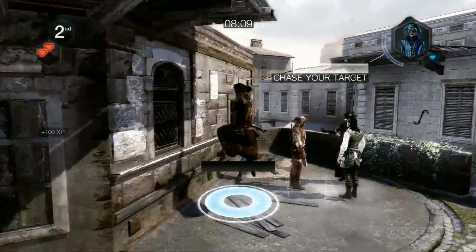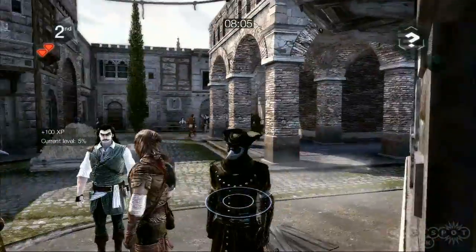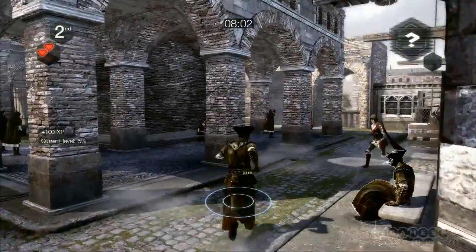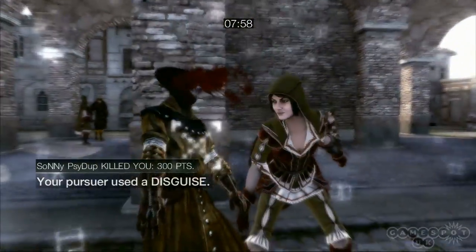There are 4 different game types: Wanted, Manhunt, Alliance, and Team Wanted. Wanted is your basic deathmatch. You're given a target and you have to hunt them down. You're also the target for other players though, and the more kills you successfully perform, the greater number of players